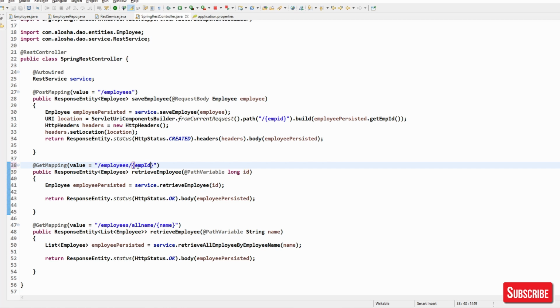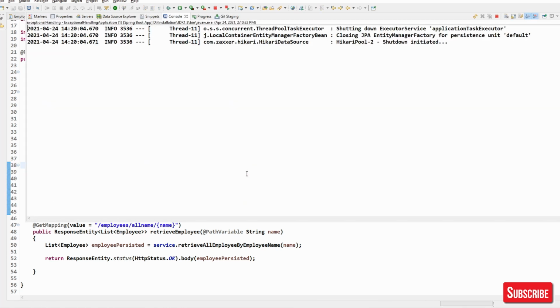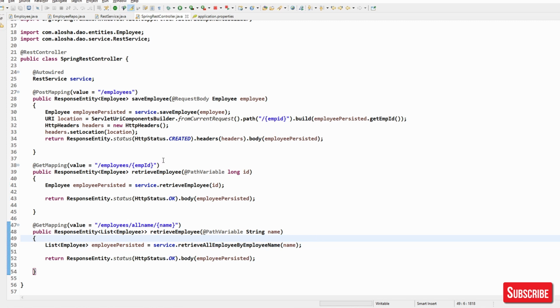Basically this name and that name need to be the same. The URI parameter and method argument name need to be the same. You have another option where you can give a name here and then keep the other name anything. But right now this is what we are doing, and let's see what happens.